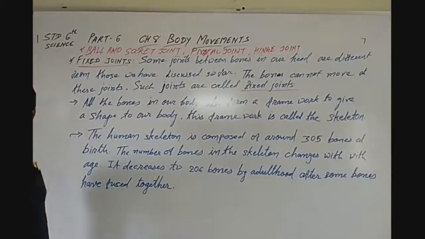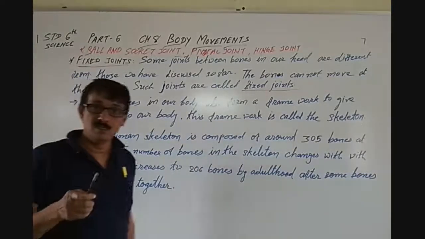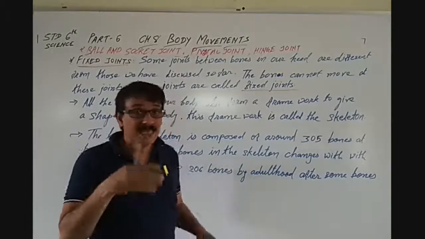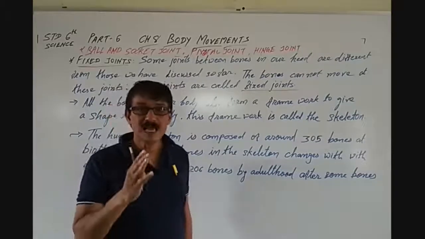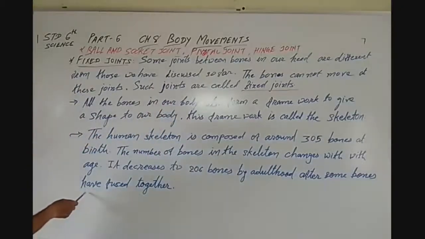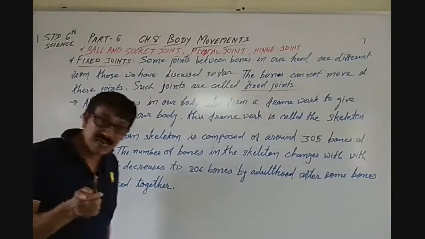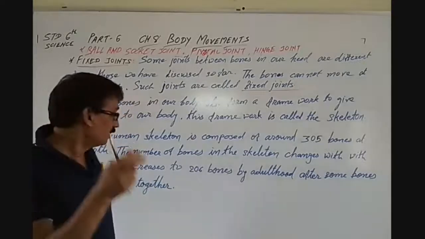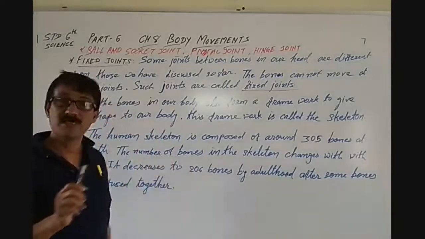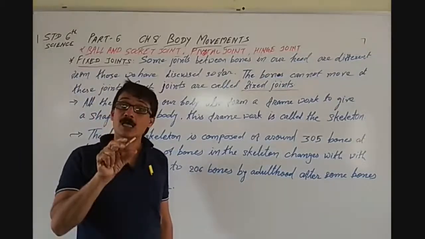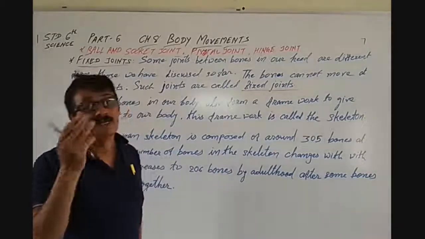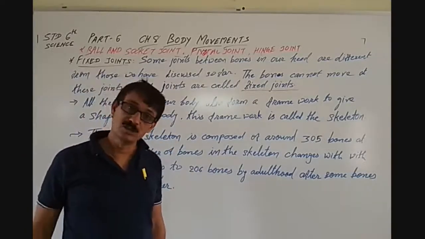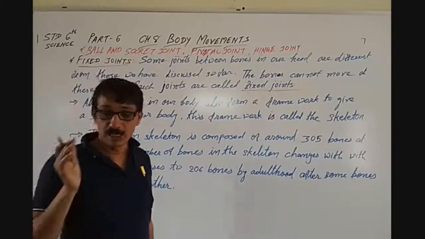देखो, 305 bones at the birth time, isn't it? तो फिर वो डिसअपियर नहीं हो जाते, लेकिन बाद में क्या होता है, कुछ एक बोन्स जो होते हैं they fused together. तो फिर क्या होता है, कुछ एक बोन्स फ्यूज हो जाते हैं, तो दो में से एक हो गए, है ना? And at adulthood there will be only 206 bones in a human body.